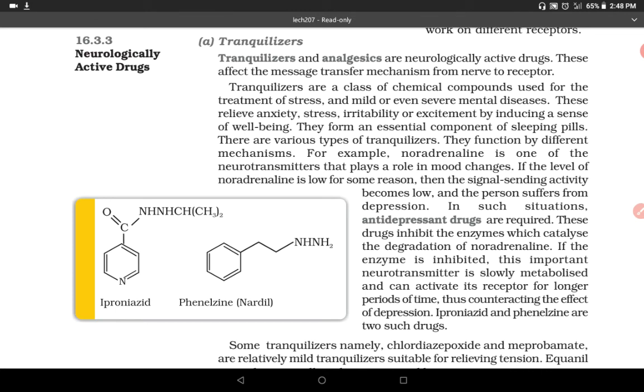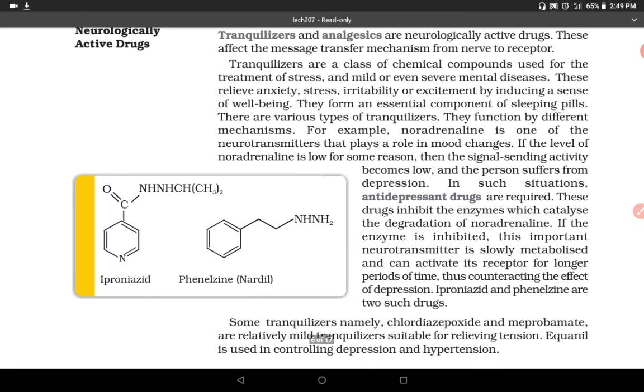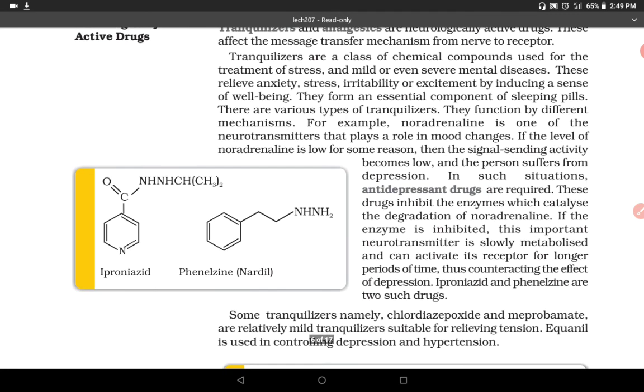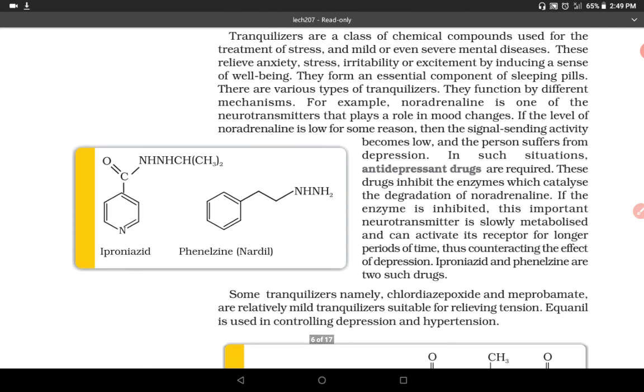Tranquilizers are a class of chemical compounds used for the treatment of stress and mild or even severe mental diseases. These relieve anxiety, stress, irritability, or excitement by inducing a sense of well-being. They form an essential component of sleeping pills. There are various types of tranquilizers. They function by different mechanisms. For example,